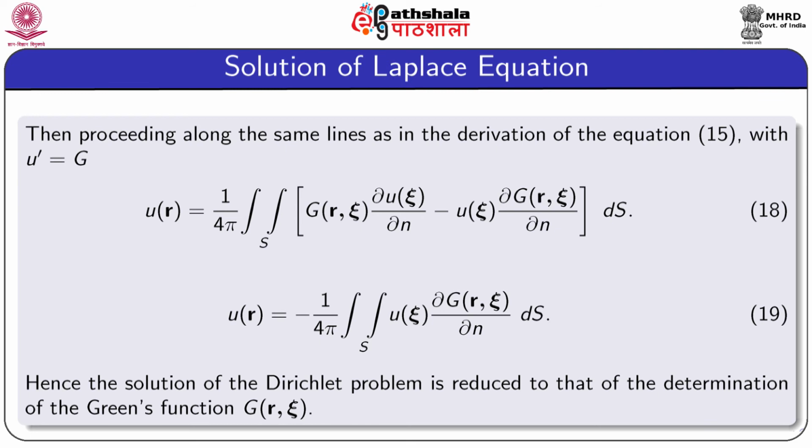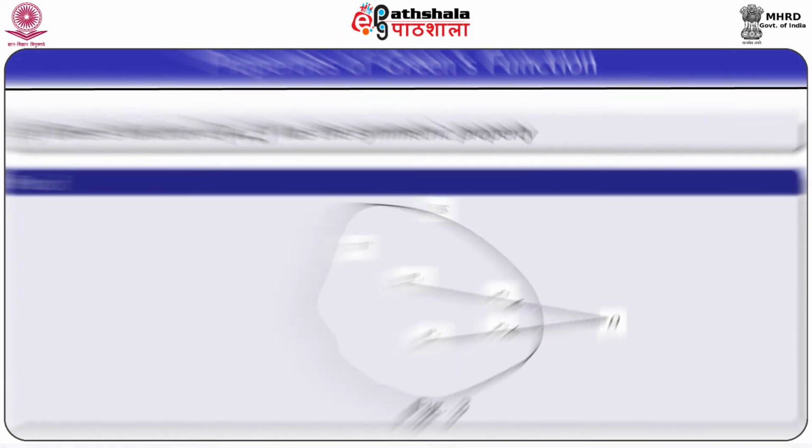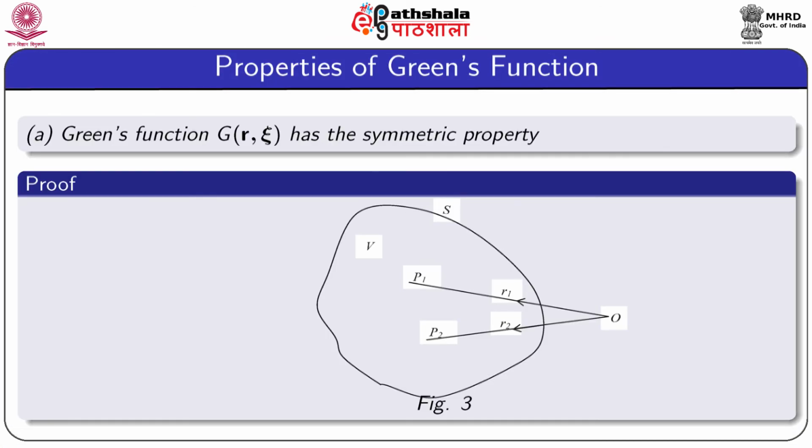So, this is the advantage of finding solution in terms of Green's function. Now, I am going to discuss some properties of Green's function. It has one important property, that Green's function G, which is a function of two variables, the vector r and vector xi, is symmetric about these two variables. Now, to prove this property,